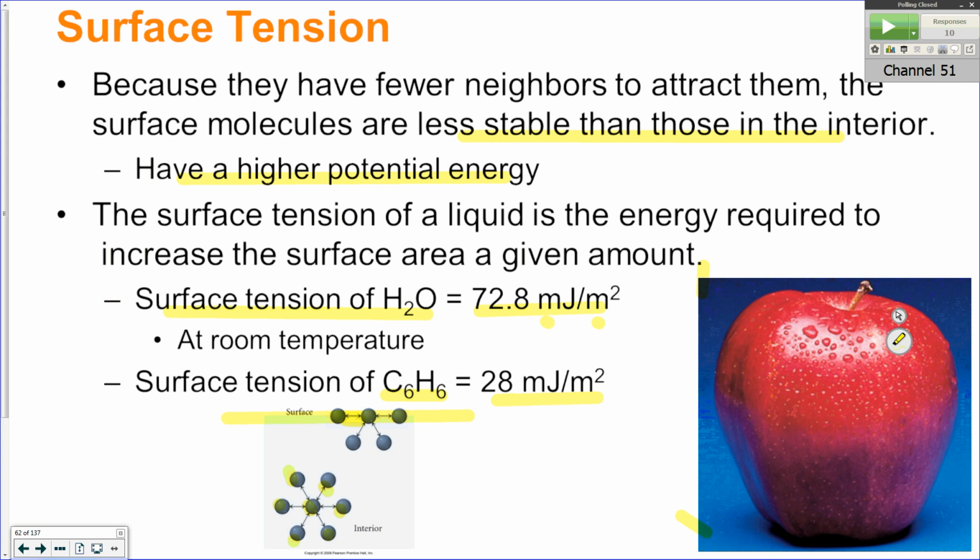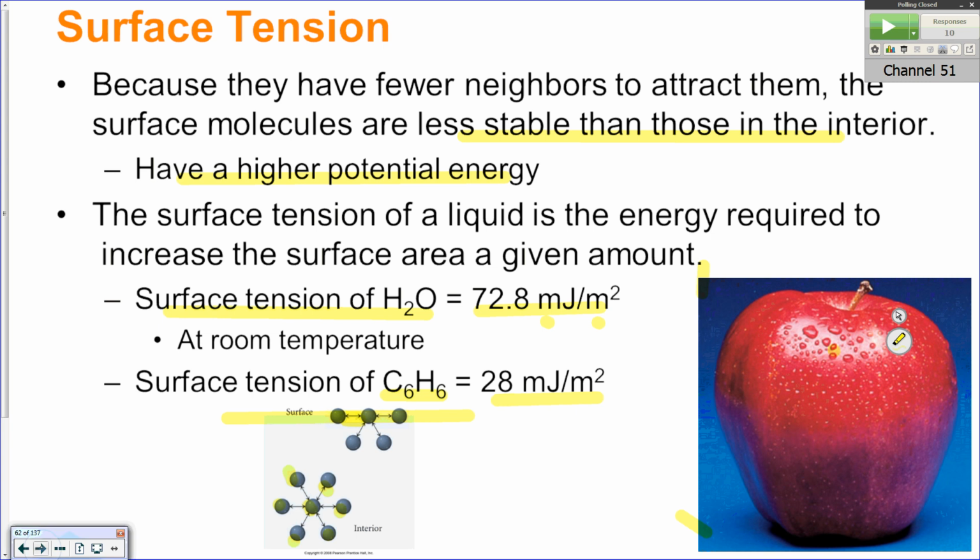You take an apple, and if it's wet from dew in the morning, the water molecules bead up on the surface. So what does that tell me about the surface of the apple? Is the surface polar or nonpolar? It's nonpolar, because the water molecules are trying to get away from it. They're trying to minimize their contact. Therefore, they're all running together and making these little beads. If it were a polar surface, the water would spread out evenly on the surface, trying to maximize contact. So that concept of whether they're like the neighbors and spreading out, or trying to all accumulate together to get away from it,